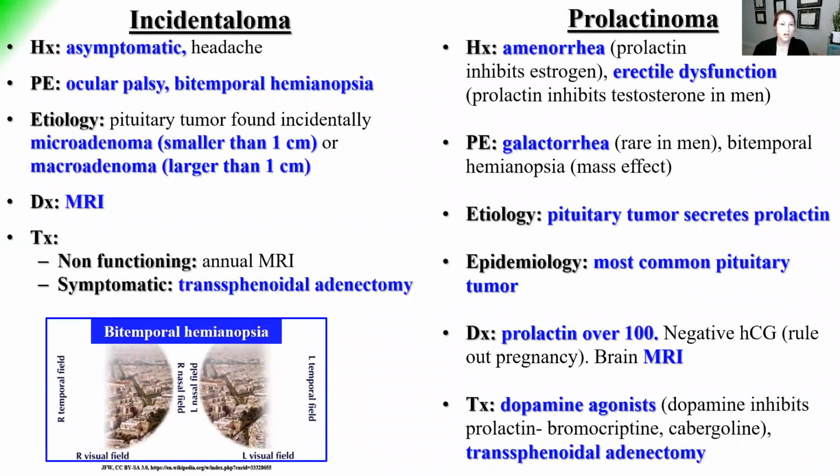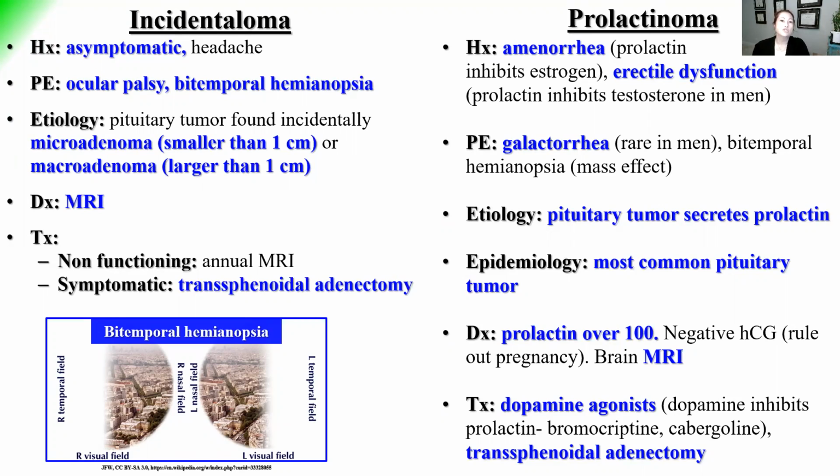The first disease we'll talk about is called an incidentaloma. It's something that's found incidentally when somebody has a brain MRI. Normally, these are asymptomatic, but if they're big enough, they can cause a headache. Also, if they're big enough, they can cause an ocular palsy in the extraocular movement. So you can have a disturbance in those extraocular movements. They can also compress the optic chiasm, so they can cause a bitemporal hemianopsia where you can't see on either